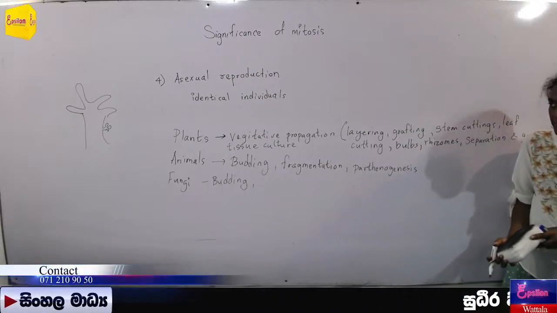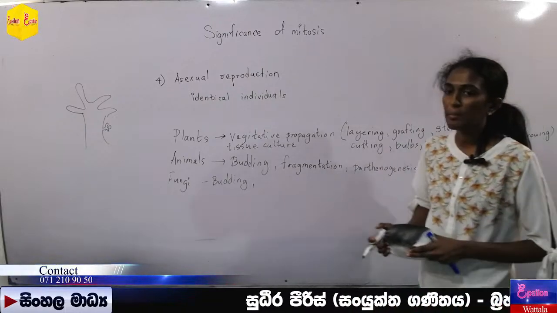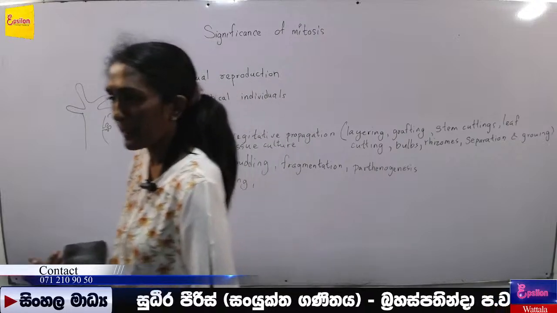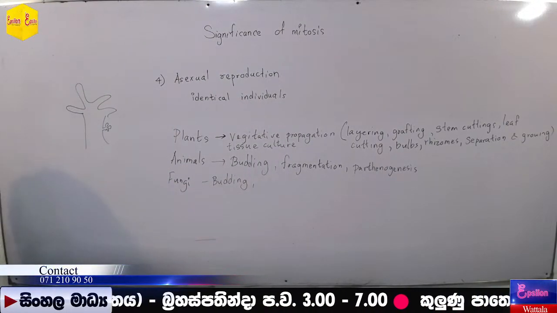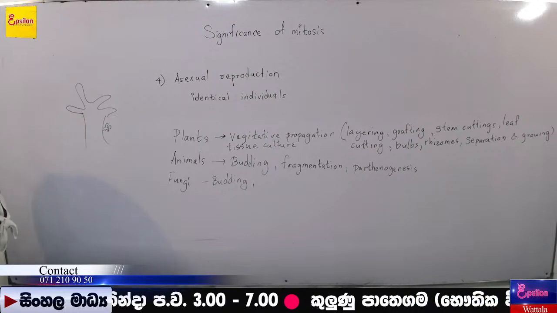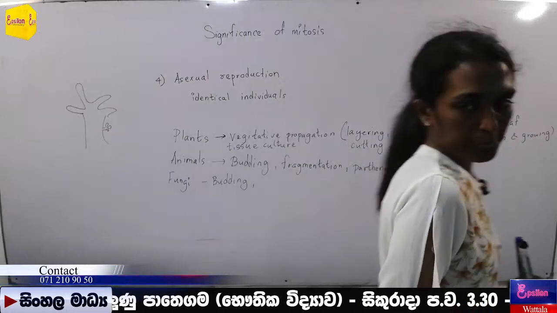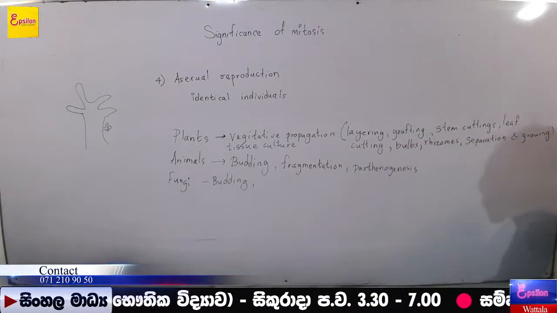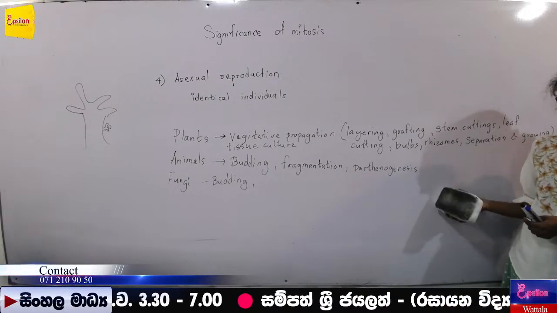Good question. Asexual reproduction methods are there, but still they don't show any mitotic divisions, okay? We call it simple cell division. We don't mainly call that asexual reproduction, right? We say that simple cell division is shown by bacteria and cyanobacteria, okay? There's no nucleus, so no mitosis. And